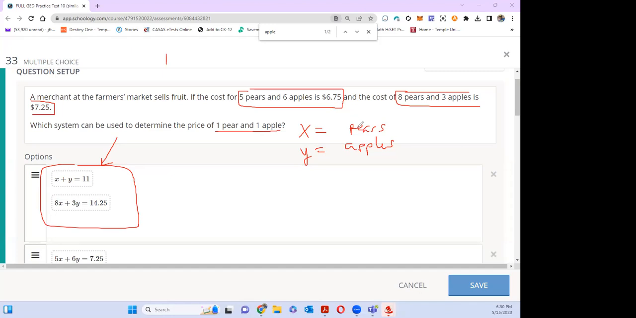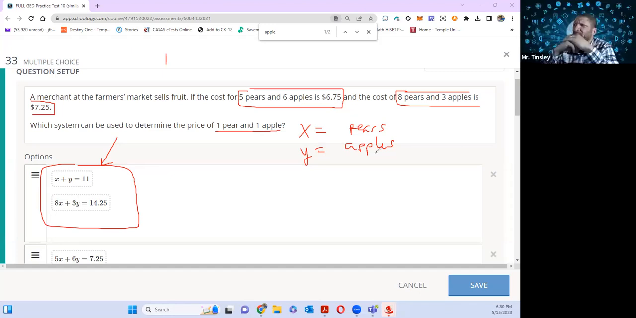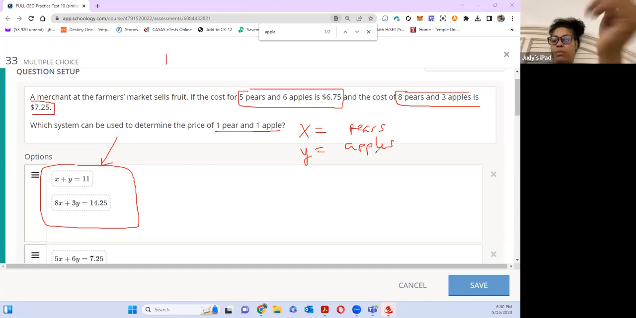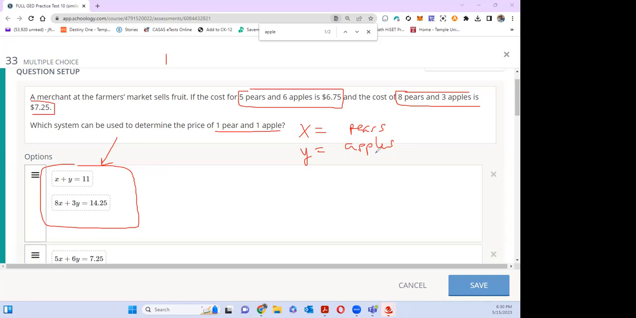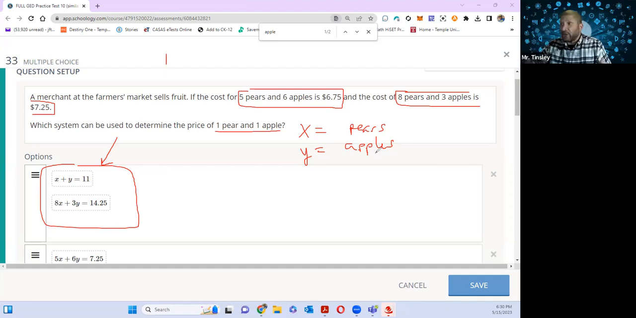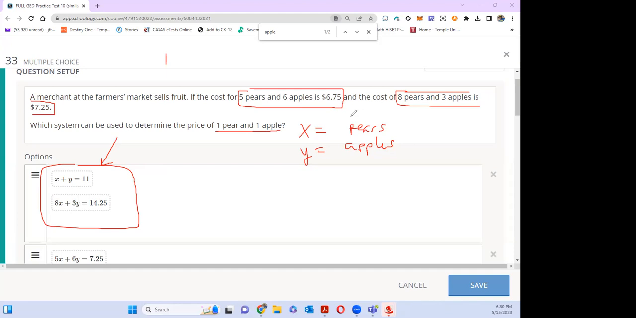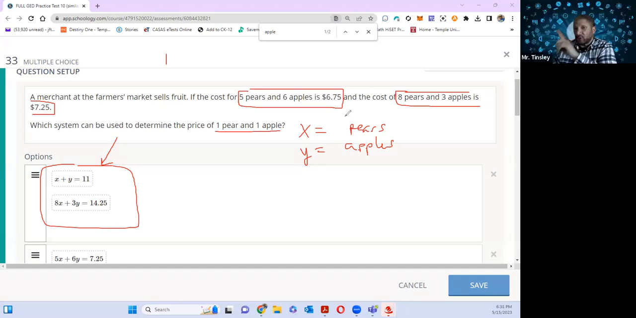So let me ask you a question. Is that correct? X equals pears and Y equals apples? Should X equal the number of pears and Y equal the number of apples? Why can't you add them together? This is the mistake that people make. If you said X was pears and Y was apples, you could use X plus Y equals 11, because